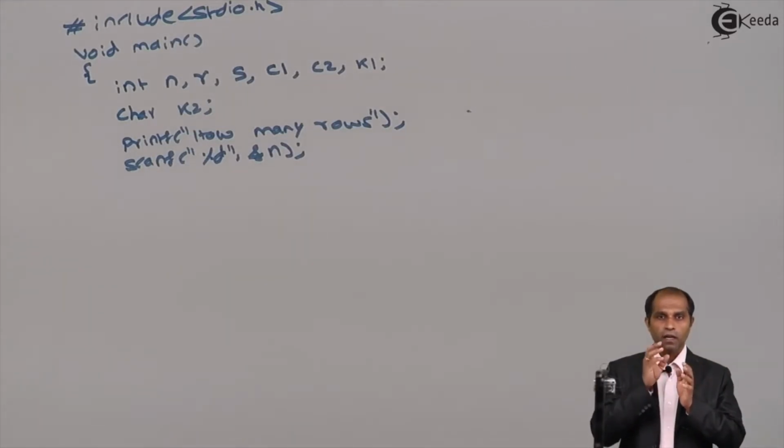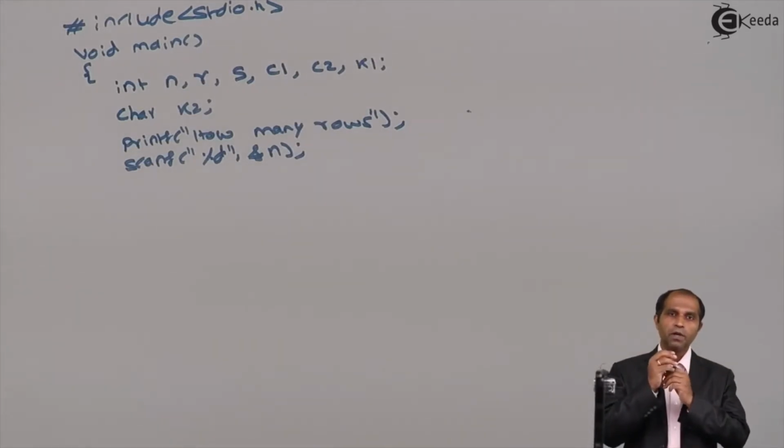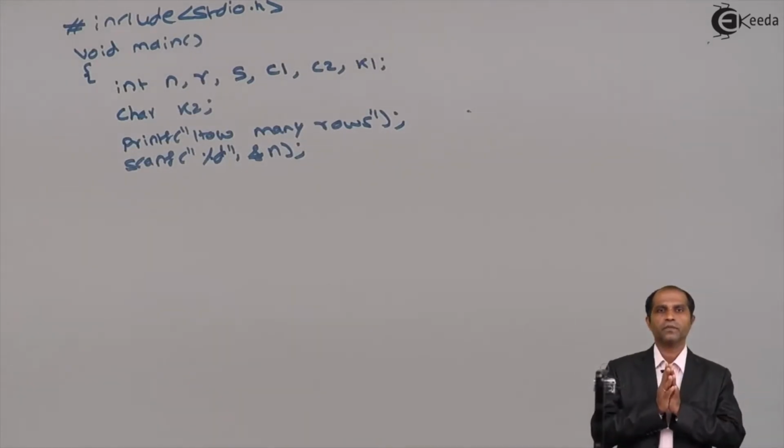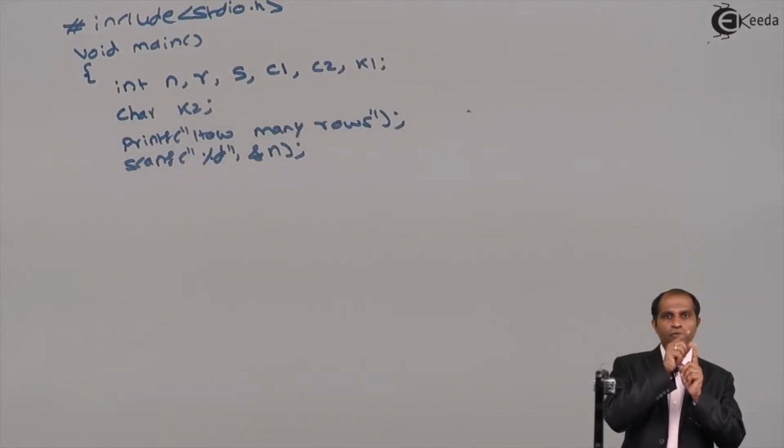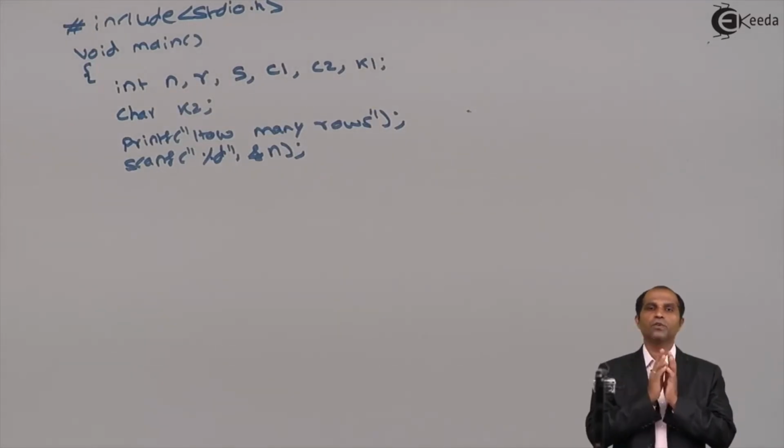Here, your S, C1, C2 will be independent loops. Now, the question comes: what will be the sequence of generation? When R is 1, I am supposed to first do what? Print the numbers, generate the spaces, or print the characters? So here, I am supposed to generate the spaces first. Once the spaces are generated, you are supposed to stay with C1, because then I'm supposed to generate the left hand side. After the left hand side, I'm supposed to do the right hand side.